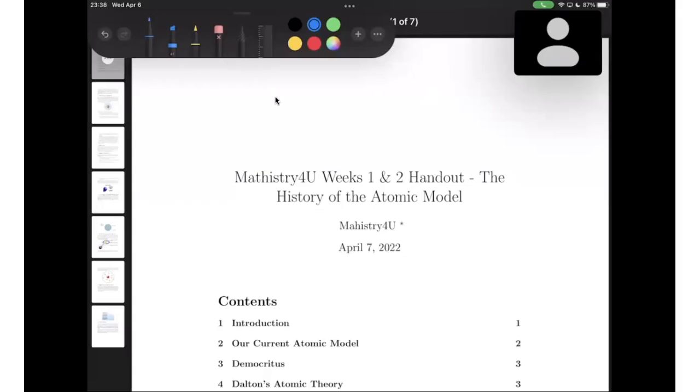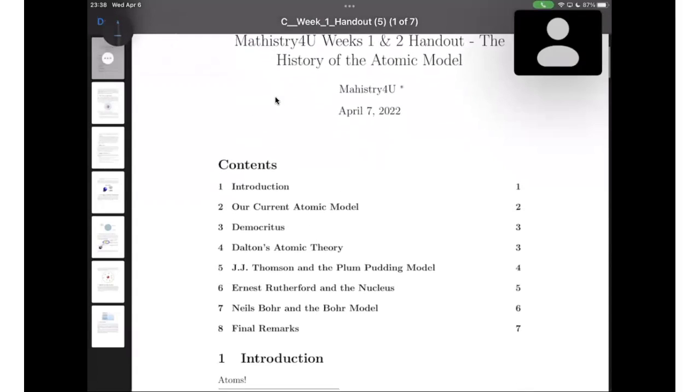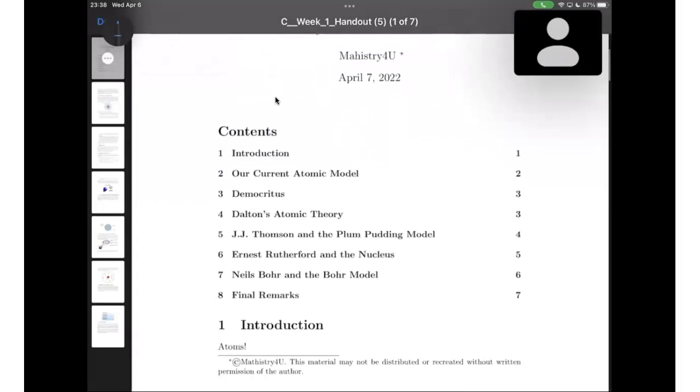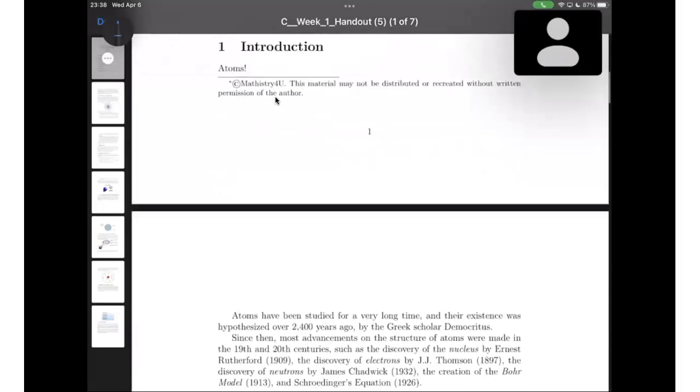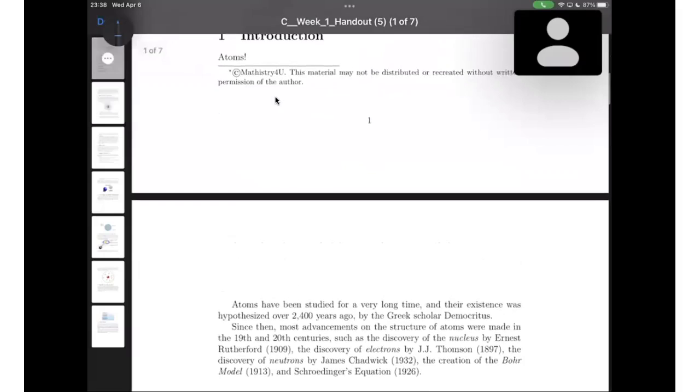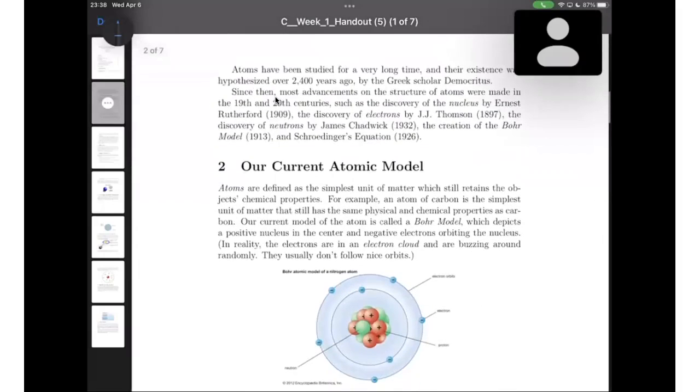Hey, welcome to today's video where we'll be talking about the history of the atomic model. So, first of all, the first model I want to cover here is our current